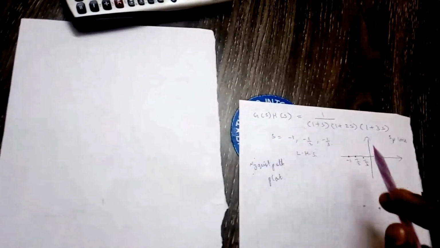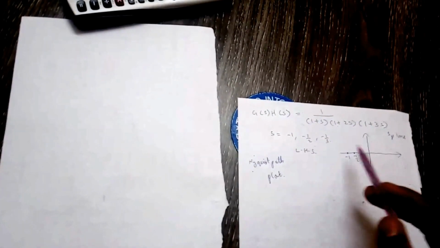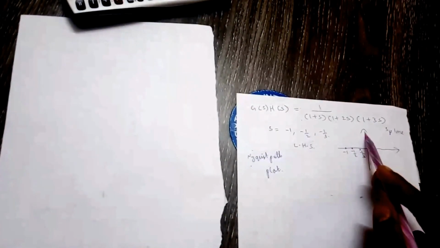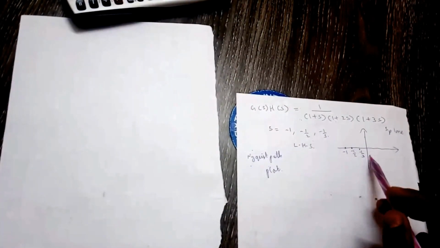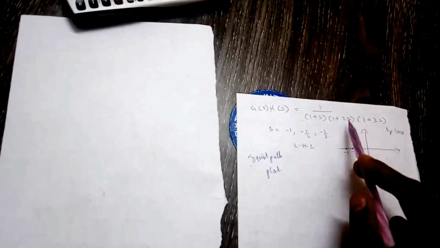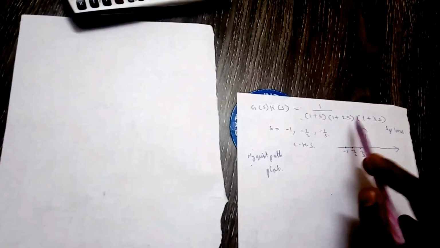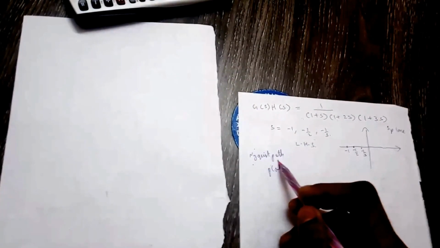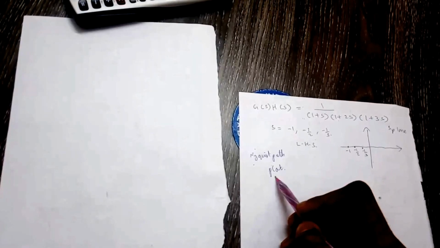In Nyquist stability criteria, we only consider the right half of the s plane without considering any of the left half of the s plane, and also the j omega axis is considered at points where the function is analytic. That means where there are no poles of the transfer function. So first we will be constructing the Nyquist contour, and then mapping this to the Nyquist plot.